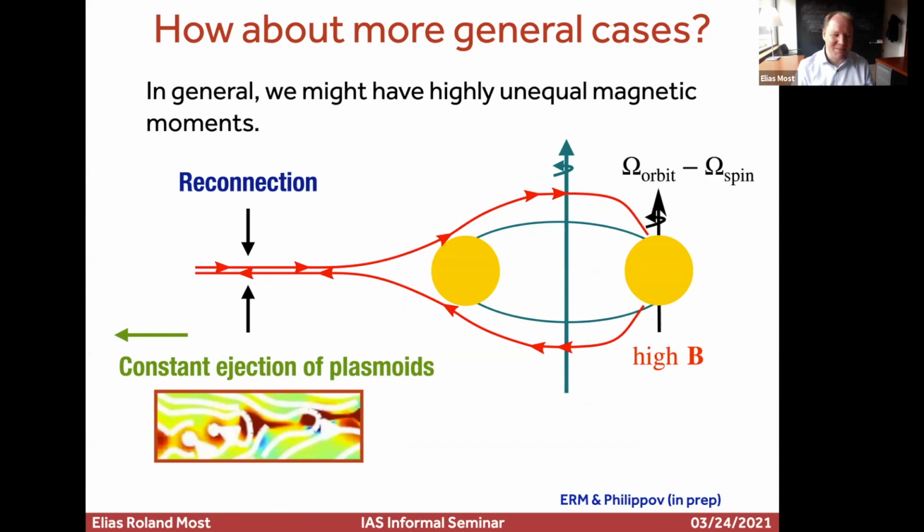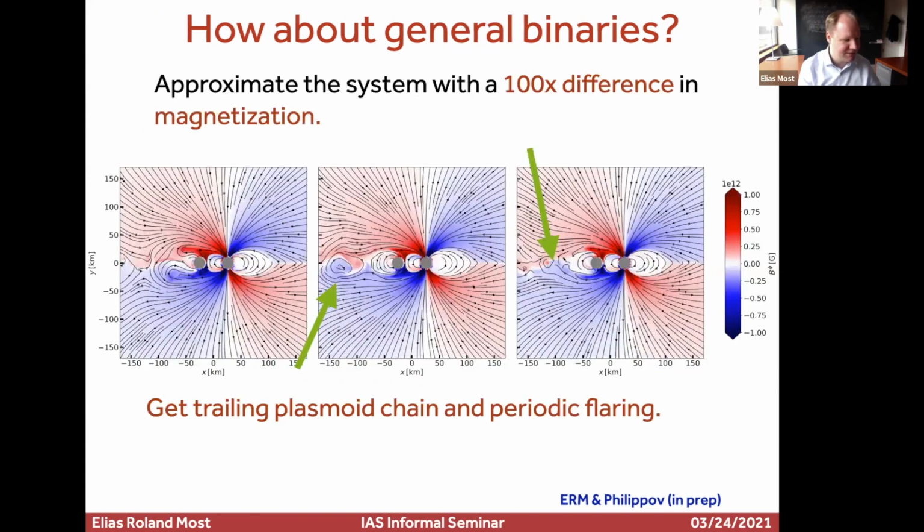But it turns out that the plasmoid mechanism is really, really cool there, because what will happen is the neutron star will act as a perturber in the wind of the orbiting binary. This is a scenario proposed at Columbia recently by Navin Sridhar and Brian Metzger. But different from their analytical estimate, we actually find that because you get some small residual twisting, you can launch a copious amount of plasmoids. Literally, if you look at that picture, as the field lines are going around the star, they're driven together by the orbital motion, they start to reconnect, and you get something that looks a bit like a plasmoid laser going out. But I'll specify that in a bit more detail.